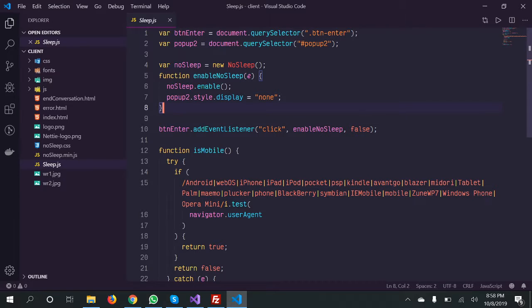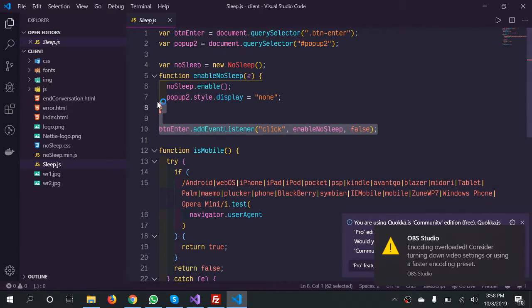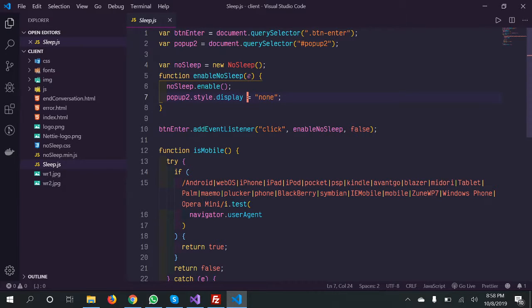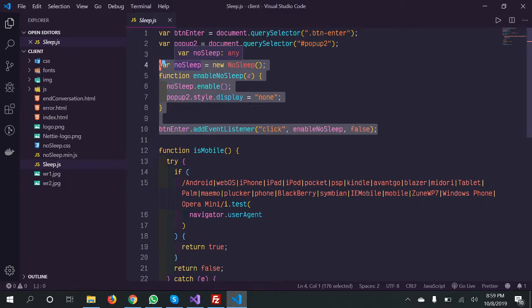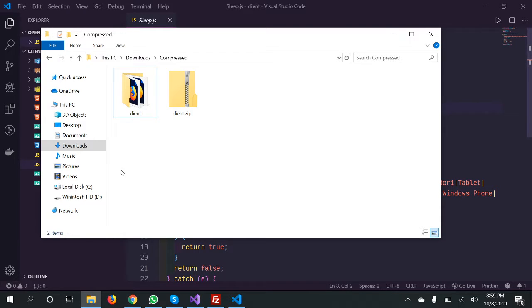So in here, this is the main functionality that keeps your screen on. It has a dependency which is no sleep.min.js, and using this function it makes some issue. I have tested from a different device, and it does not work properly. So I made this file change, and then